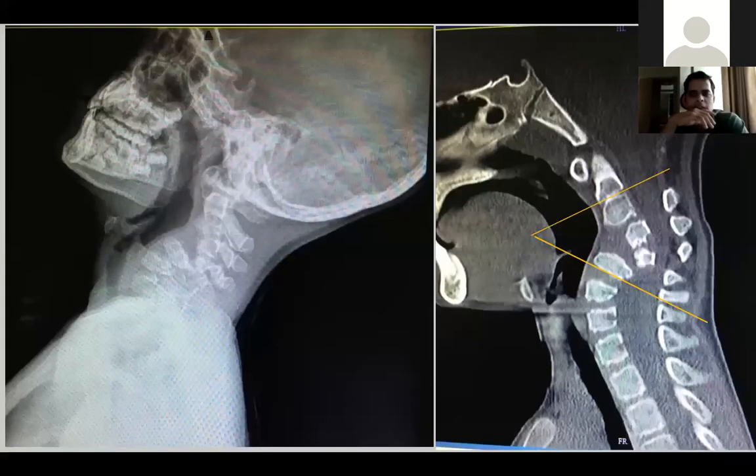Now, this is a very interesting case of a very bad deformity in the neck. There is a patient with something known as Larsen's syndrome. You can look it up. It's a syndrome involving multiple skeletal deformities along with spine involvement, where they have kyphosis of the cervical spine, which goes on progressing. If he had come at the earlier stage, the plan would have been just a posterior fusion